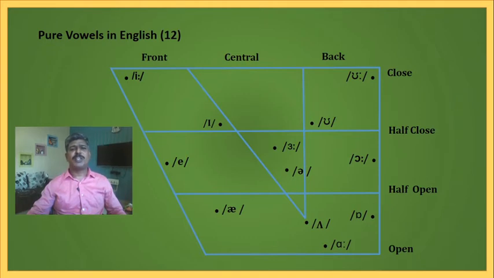Similarly, when we think about this second sound, we have to understand the fact that this is also in the front part of the tongue. However, it is near the central, and so it is centralized front. When we think about how high it is, then we have to understand that it is half close level. So it will be centralized front half close. When we think about the position of the lips, then they are unrounded. Hence, this sound will be termed as centralized front half close unrounded vowel.